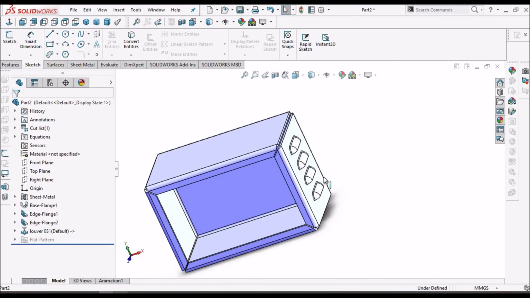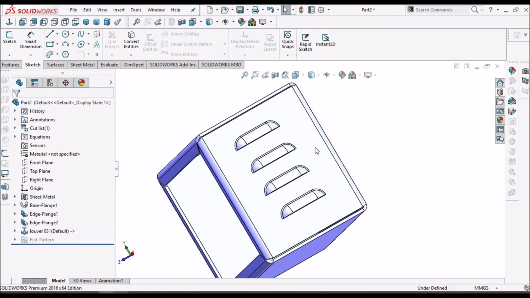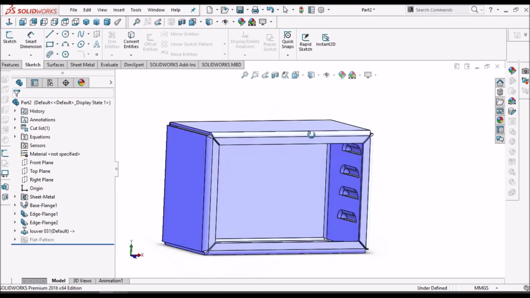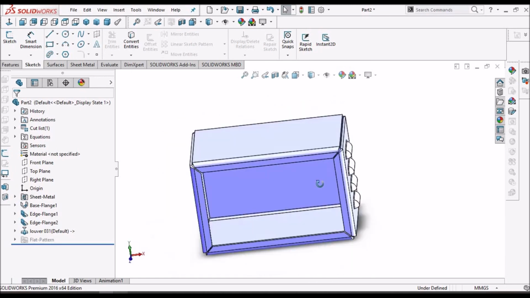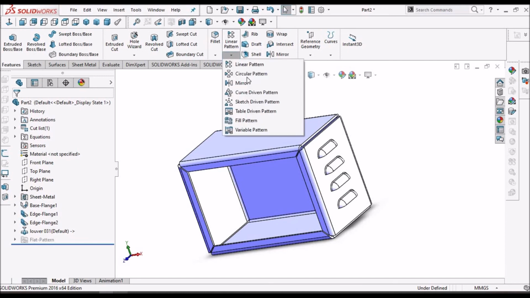This is how lancing tool is created in sheet metal module. And one more thing is that if I want to place other direction, instead of placing once again, I can mirror.